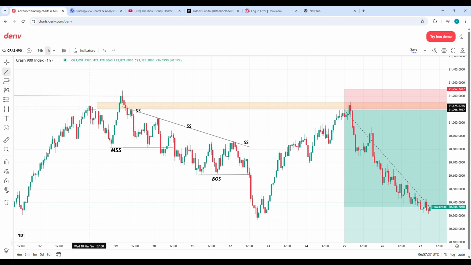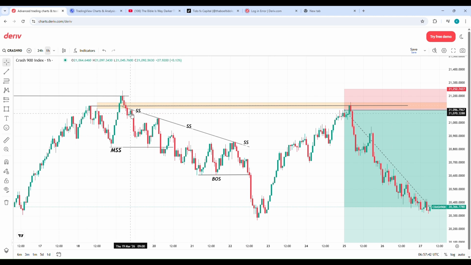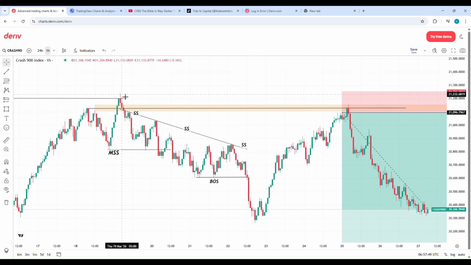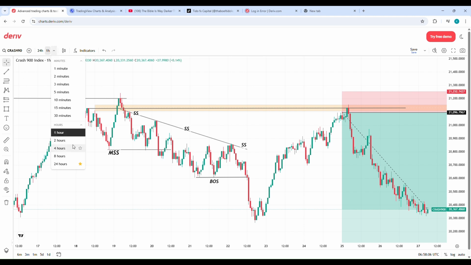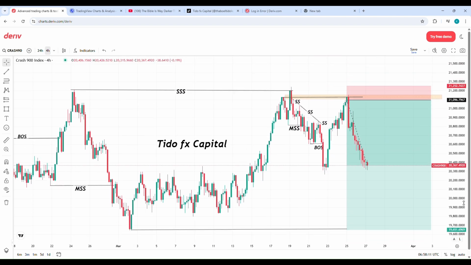This is my QML zone, and not only that, it's above all highs that were created after a sweep. The reason I put my stop loss above this high is because this high is the one which swept the previous high, which means it acts as my liquidity block. My assumption is that whenever a liquidity block is printed, the market won't take out that same zone, because the liquidity has already been taken. So this was the simple setup in terms of the trade. But if you go to a daily time frame,